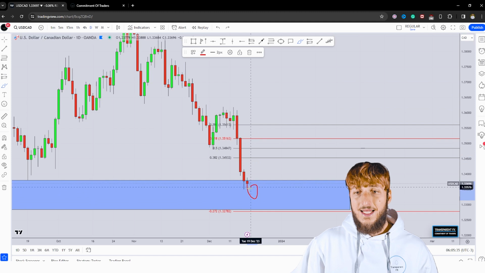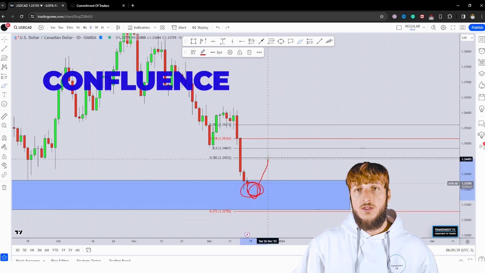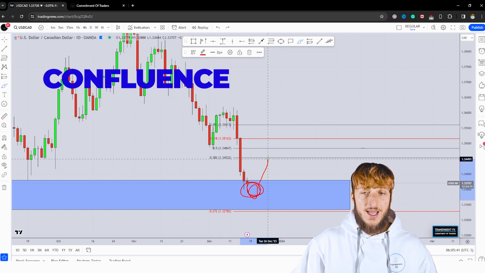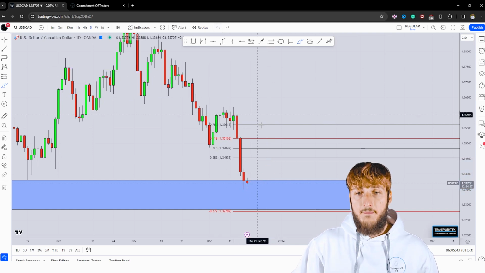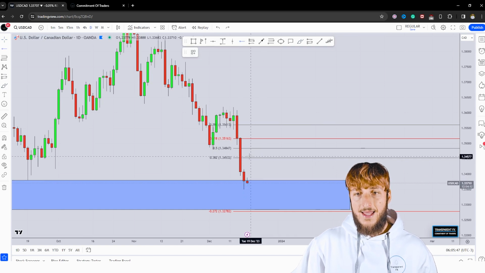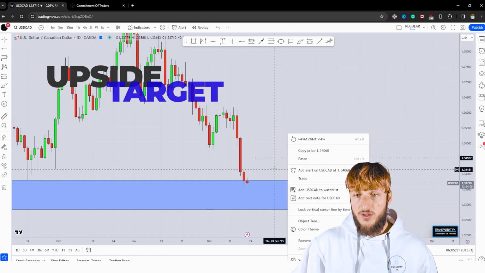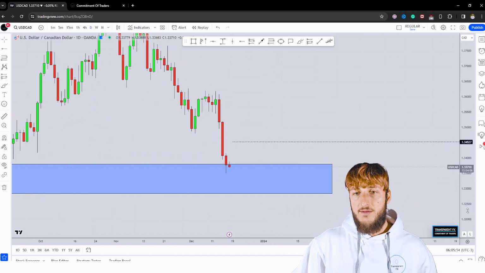And as we can see, that would also mean a rejection away from the confluence of support that we have previously identified from a monthly standpoint. So leaving here our confluence of support and identifying our upside target with this horizontal ray and removing the Fibonacci levels, we can see that we have now quite easily